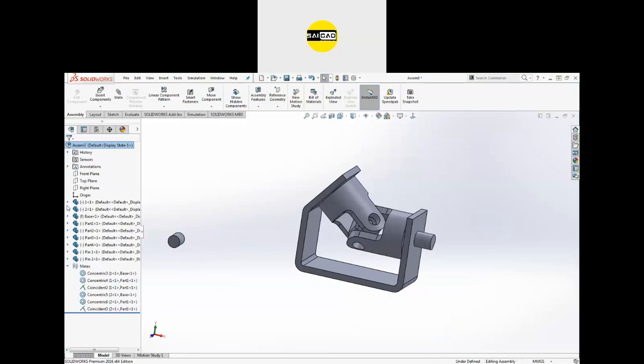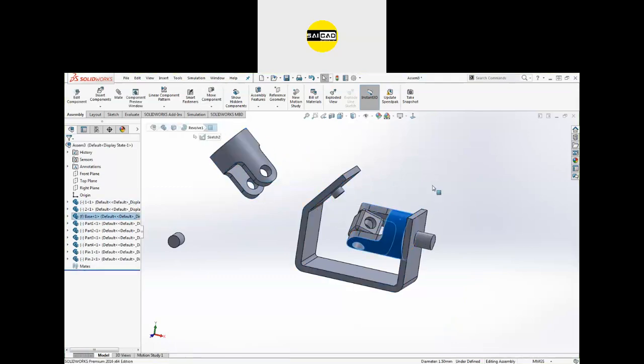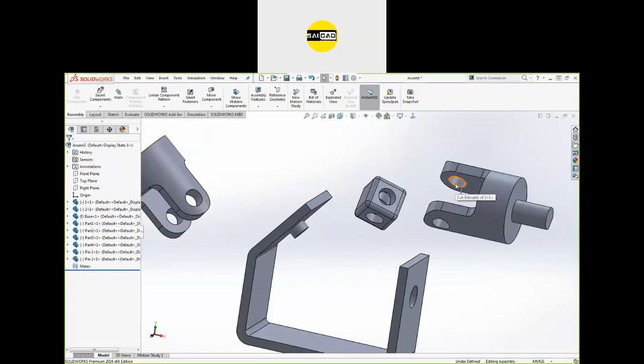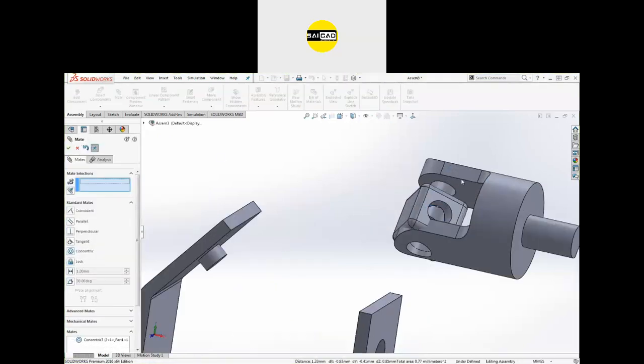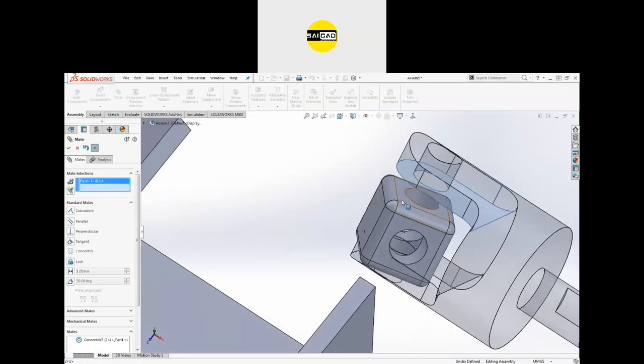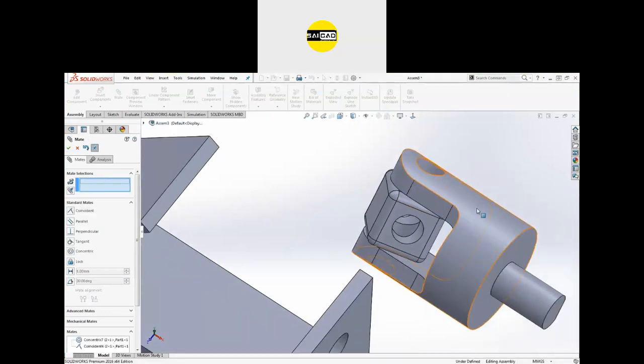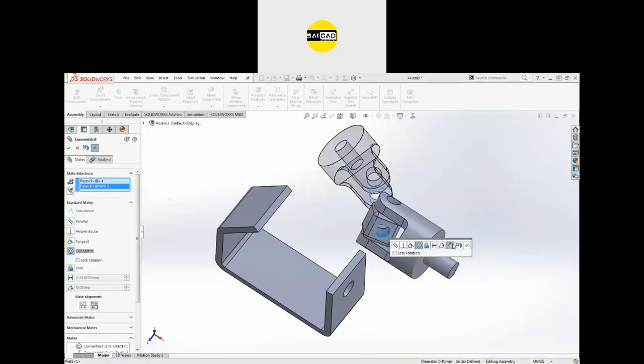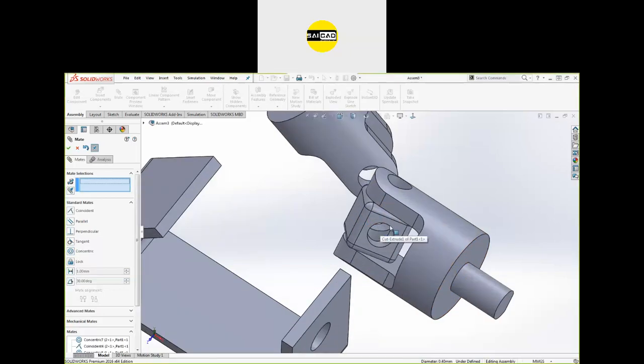Okay, so now you can see all the mates I have applied till now is here. If you select and delete, everything will be deleted like that. Okay, again these are similar like that. You can apply any mate first, like I can apply the mate here directly. I can use the mate here directly like that. I can use the mate here. So whichever mate you want, you can create that mate directly.